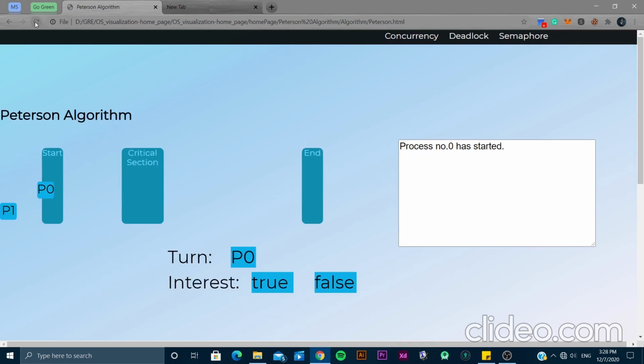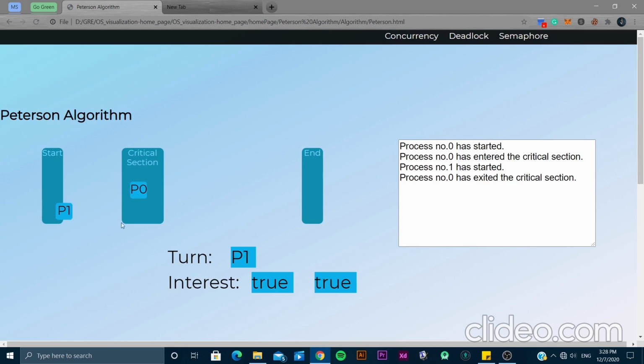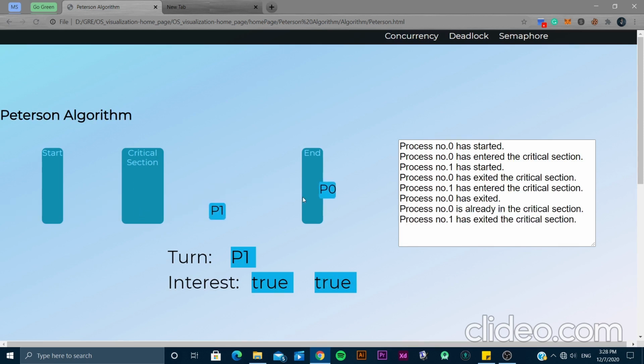Let me show you once again how it actually works. You see, P0 has been given the turn for now, and P1 then has given the turn. Again P0 was given the turn because the critical section was occupied by P0 at the beginning, and it is the first priority of P0 to get completed since it is already in the critical section, and hence at a later stage P1 showed up here.